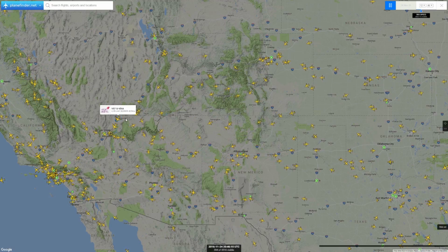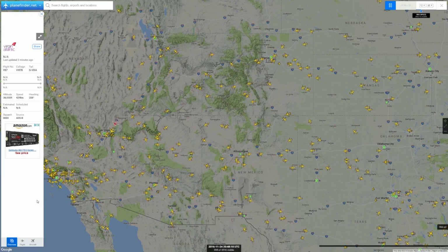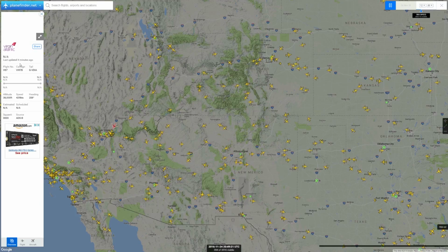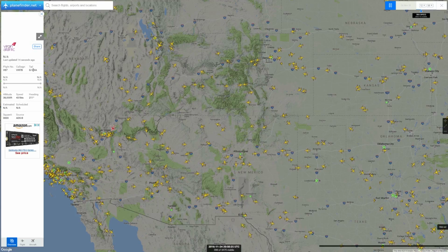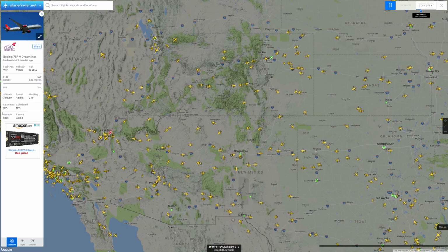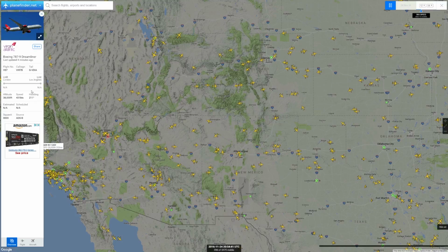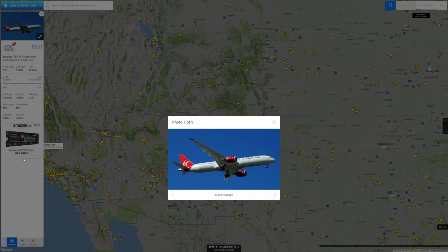Well, okay, Virgin Atlantic. People like their airplanes. They take pictures of them all the time. They're really cool. So it tells the flight number, the call sign, the tail. It's at 38,000 feet, 431 knots. There we go. When it pops up with a picture like that, what's really cool is you can do this,